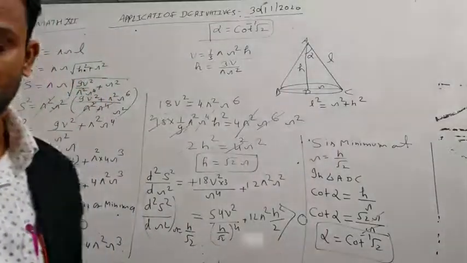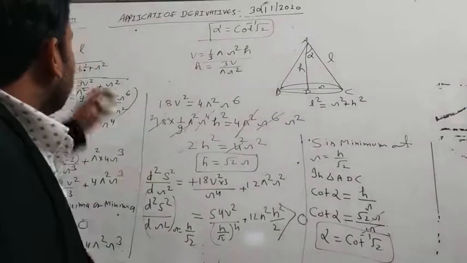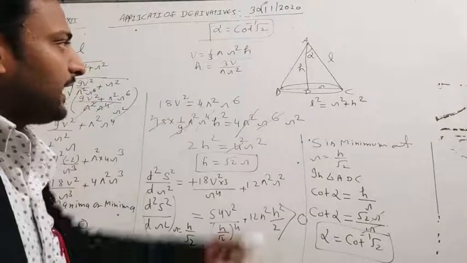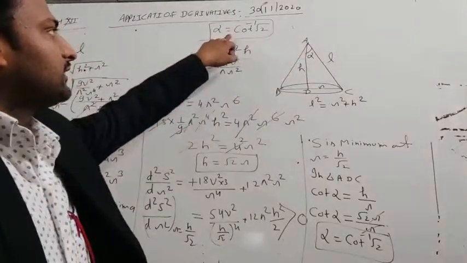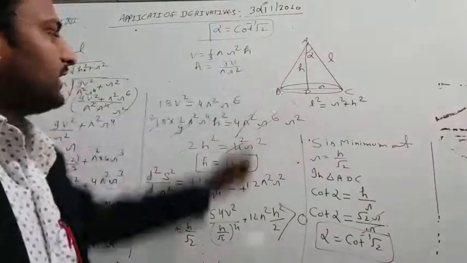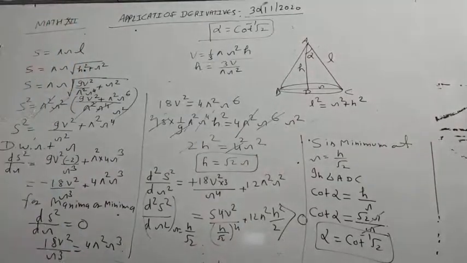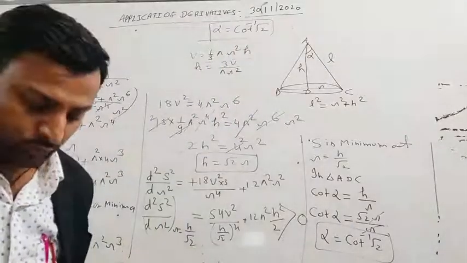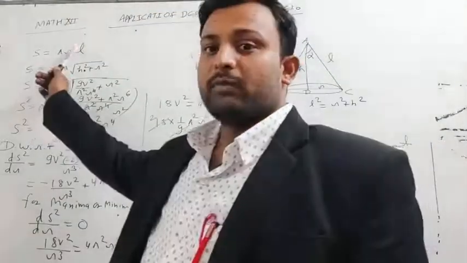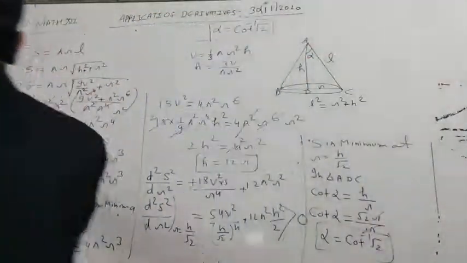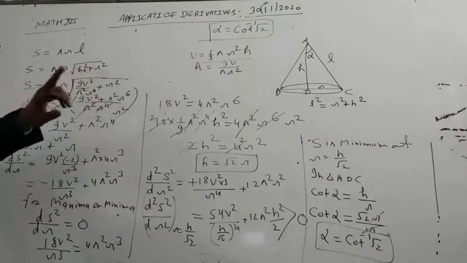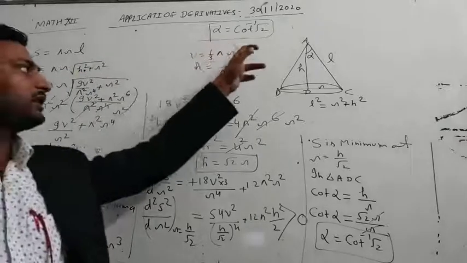We are given in this question that it is a cone whose semi-vertical angle is alpha, which we have to prove is cot inverse root 2, and its surface area is least when the volume of the cone is 1 by 3 pi r square h. So we have to minimize the surface area, so we will take the surface area as pi r l of the cone. So our S will be what? Pi r l, and we know the formula of l is root of h square plus r square, and we are given that volume is 1 by 3 pi r square h.